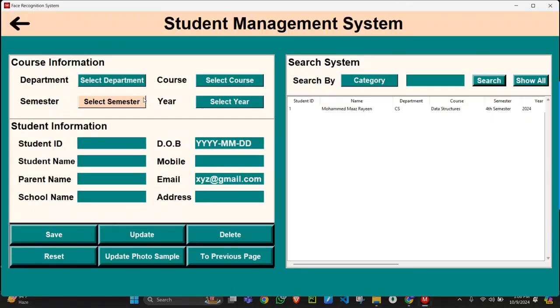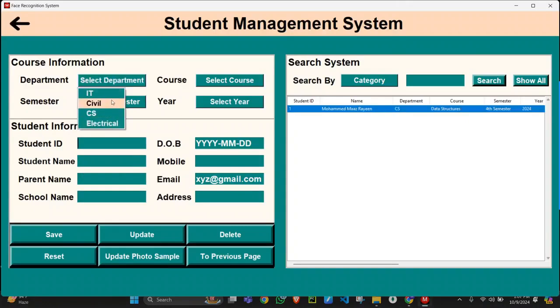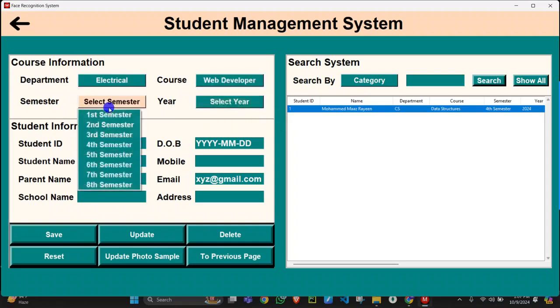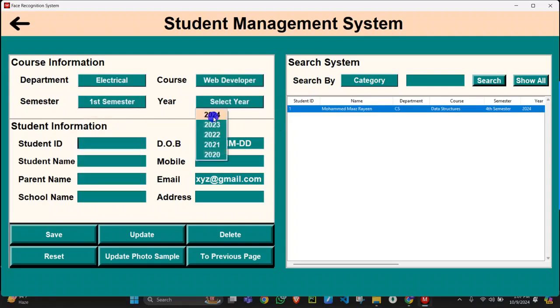Let's suppose we are entering a new student in our record. Electrical, web development. First, the student ID should be one after another. If the last ID is 1, then it should be second, and if the last student ID used is second, then it should be third, and so on. Then we need to enter the date of birth and it should be in the format year, month and date. So we are going to enter the date 2003 11 14,